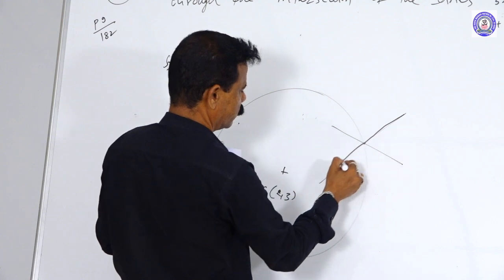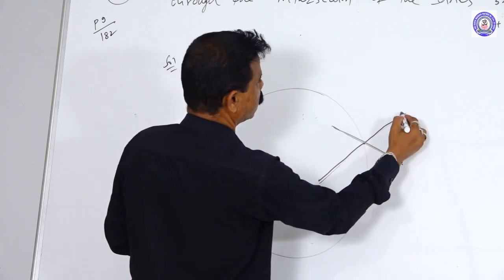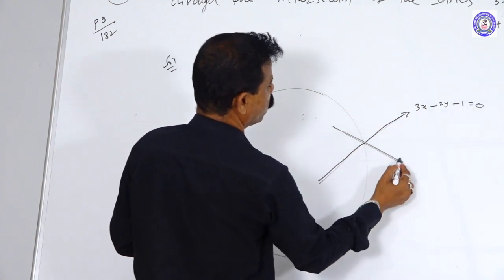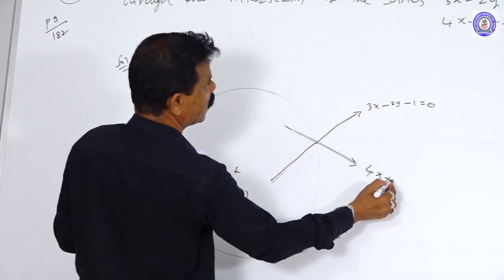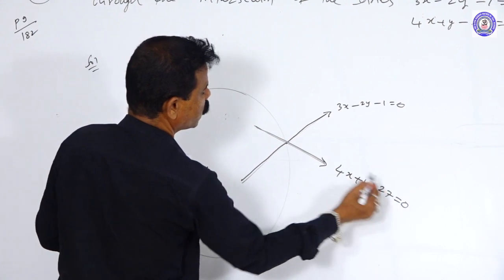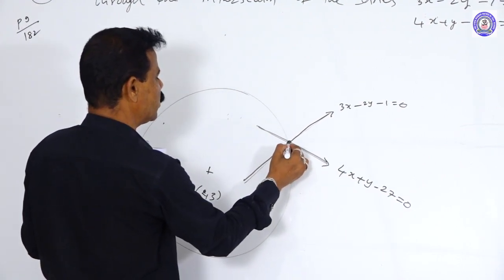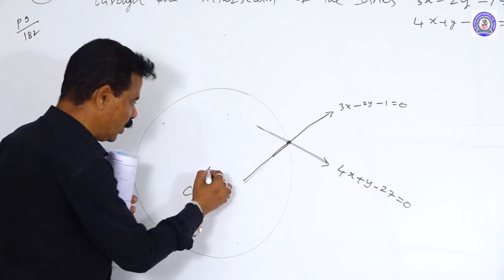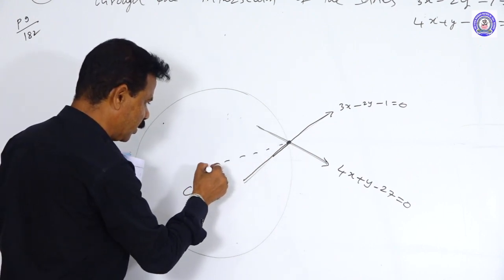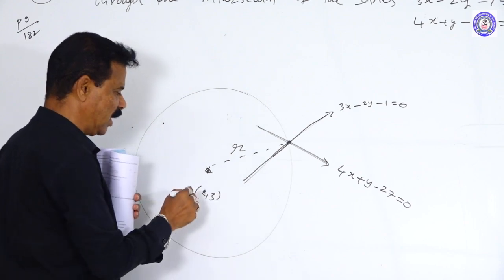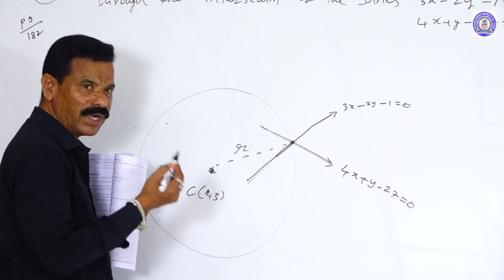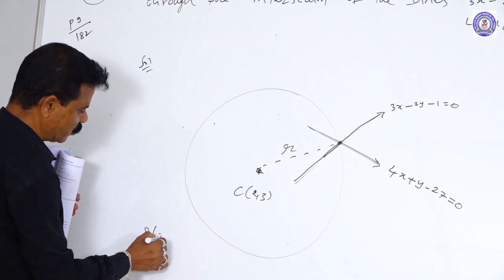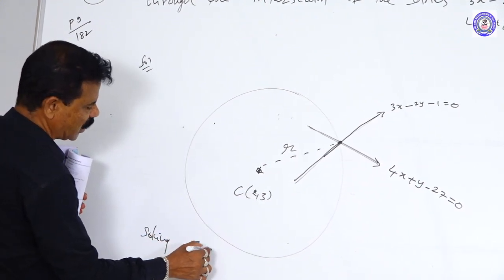This equation 3x minus 2y minus 1 is equal to 0. This is 4x plus y minus 27 is equal to 0. We find the intersection of this point. After that, we calculate the distance from here to here. This is the radius. Center here, radius here. Then we find the circle equation. So, solving given equations,